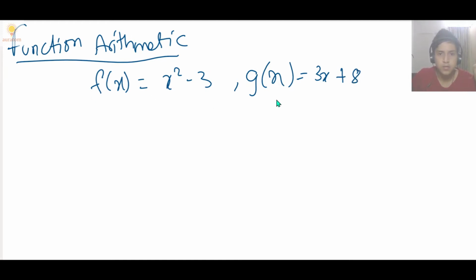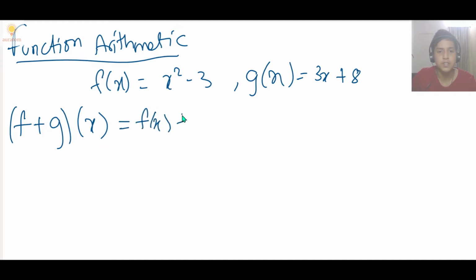So these are two functions, and we can add these two functions, f plus g. How can we do that? We can just add these two functions to create a combination. f plus g of x is the sum of these two functions. What is f plus g of x going to be? It's just going to be f of x plus g of x, the sum of the outputs of the functions that we are adding, right?